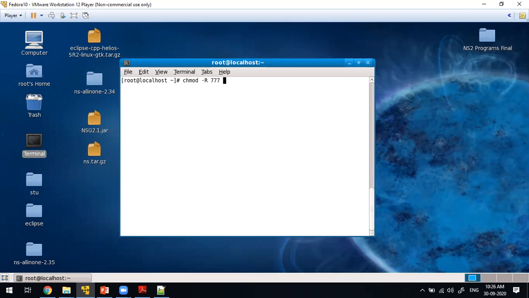What is the file name? I want to assign it for all the files, so I use the regular expression meta character star. In this way, it is going to assign the file permissions for all the files present in that folder.